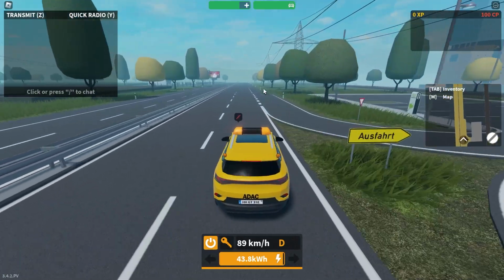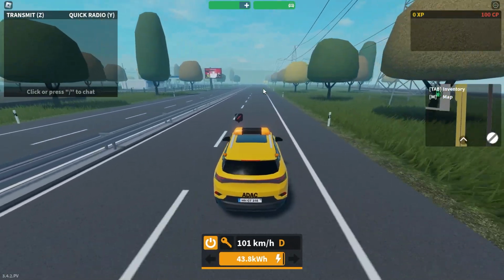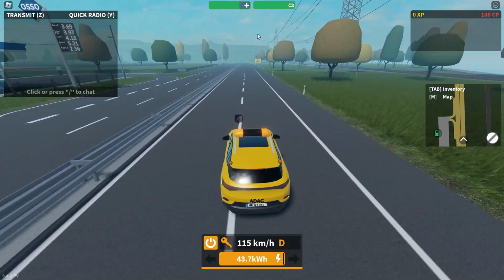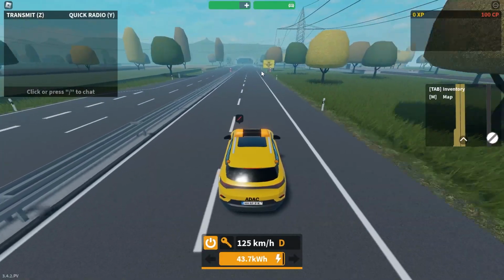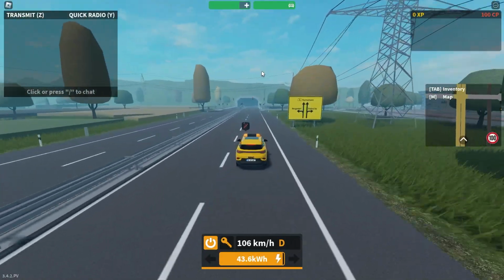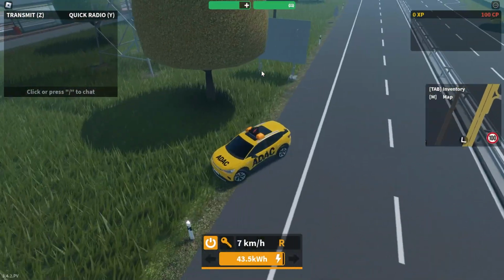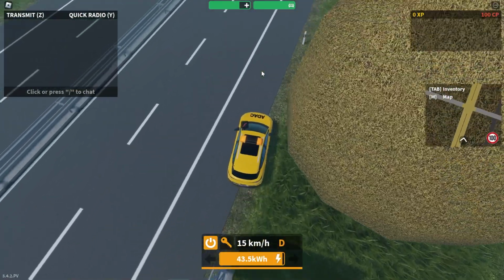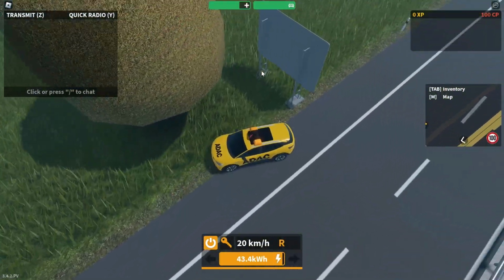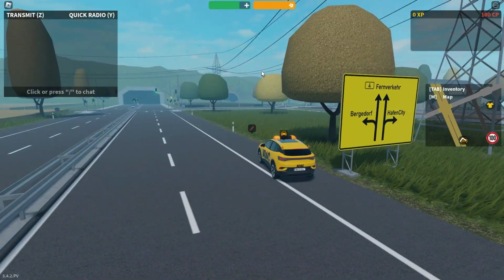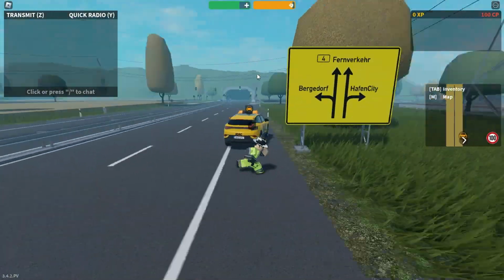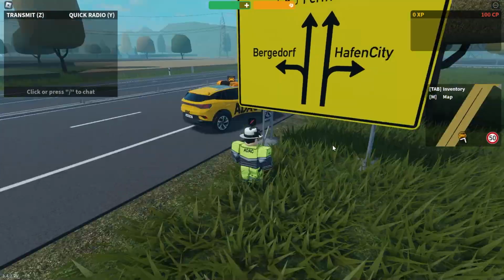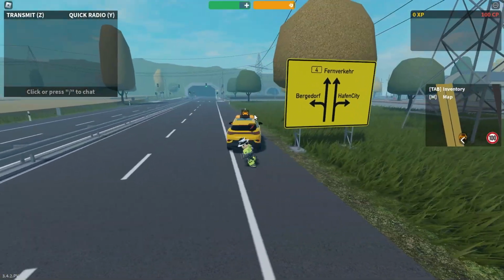But yeah, I'm going to use that as the control box that you press E to control the sign and stuff. I'll do it with this one here because there's one of those boxes nearby, and I can just take the photo and everything. So let me park my ADAC vehicle here so you can see that this is an ADAC thing to do. Let's just park up right here on the side. Perfect. Okay, so I just need to get the right shot now. Yeah, this should be fairly easy.